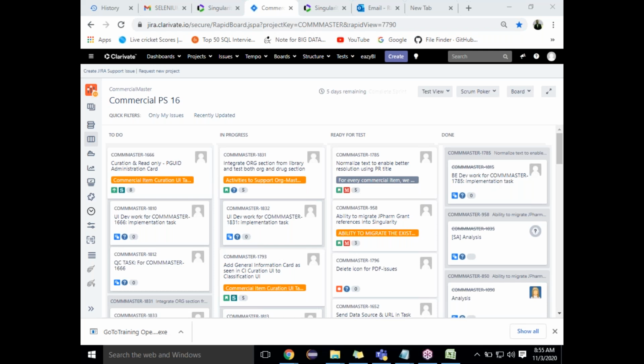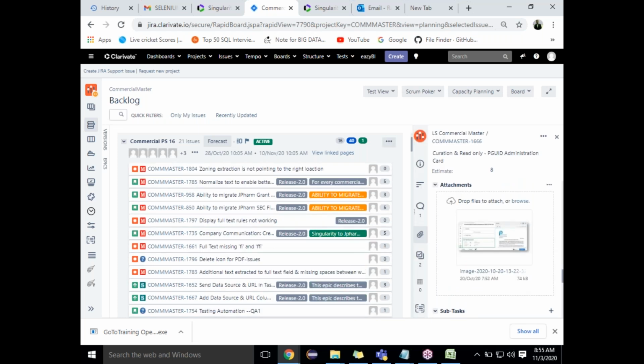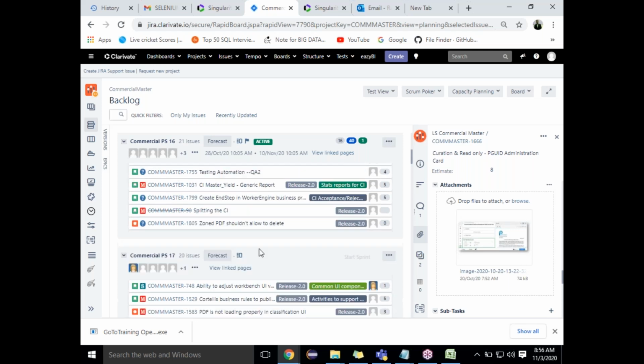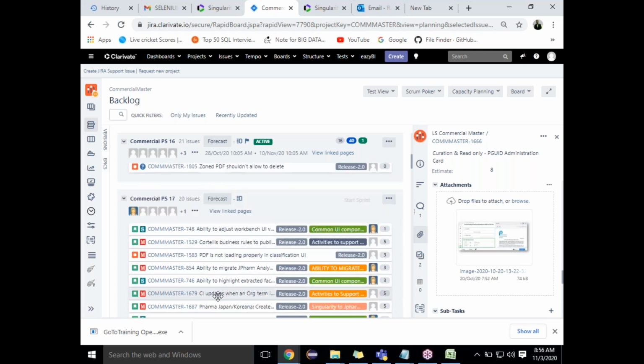Suppose you are not working on this story. You'll immediately come here and move that story. See, this story is there, I cannot work on it. I have to give the exact reason why I cannot work on it, and I can move it into the next sprint. The next sprint story is already developed by the business analyst. You have to copy it and move it here, so that in the next sprint you can develop it, test it, or do whatever you want. You got it right?